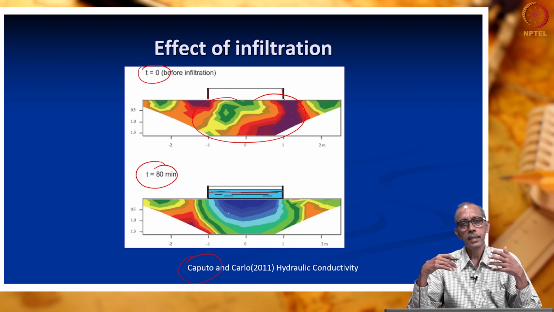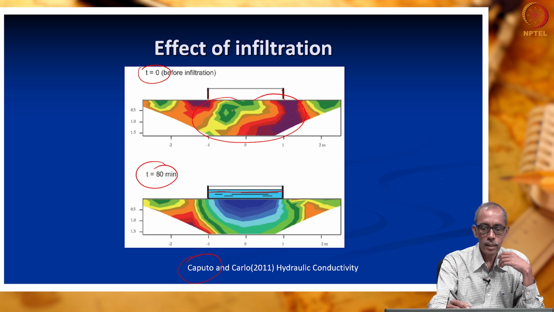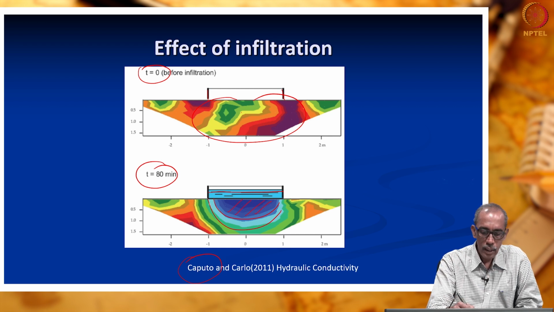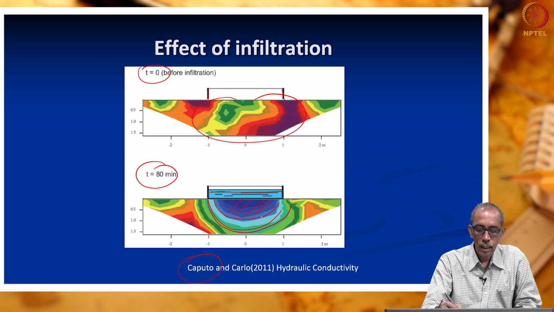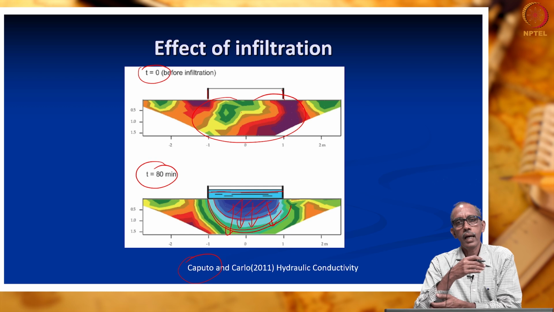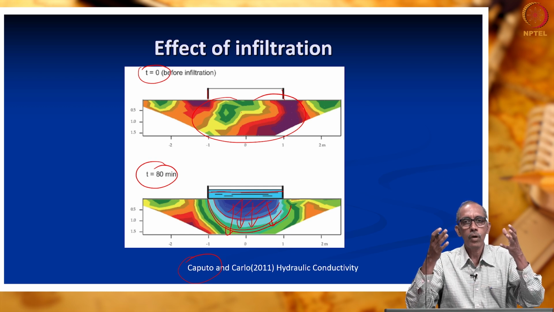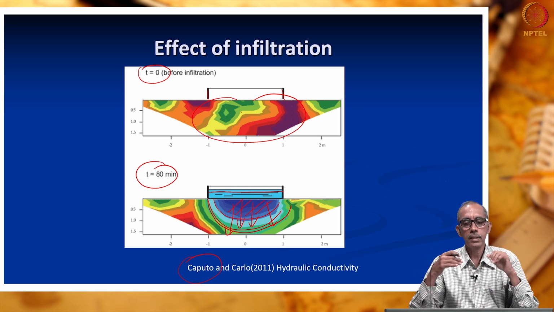So, here again it is a time domain resistivity survey. Previously resistivity was comparatively higher; due to the infiltration, resistivity has decreased, right. In other words, we are able to understand the migration of groundwater into the earth. So, when we repeat this survey at different times, we will be able to quantify the impact of this infiltration pond on the earth.